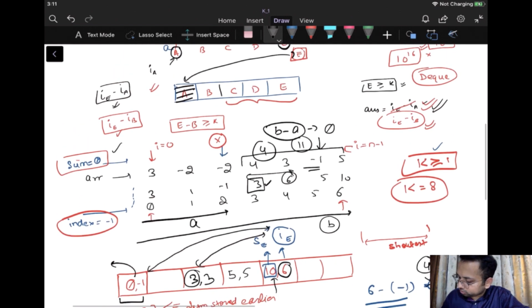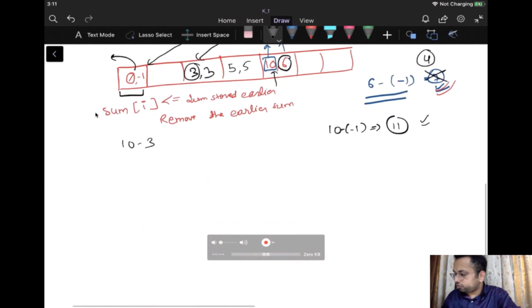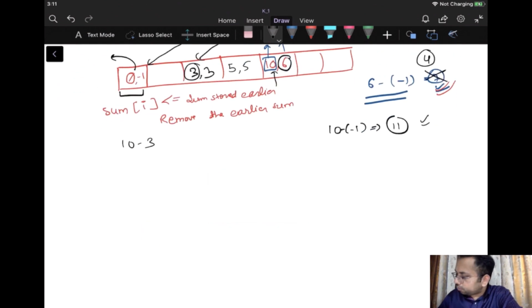Why? Because the sum is 0 initially, and the index we have considered as minus 1. So what I'll do is q dot push_back, so we will insert the pair. The sum is equal to 0. The index is equal to -1. And in a pair, if we want to access the first element, I don't know how many of you have used pair or how many of you have not.